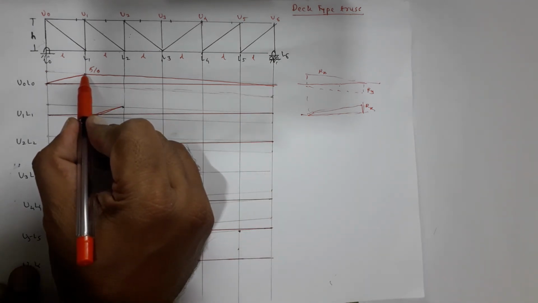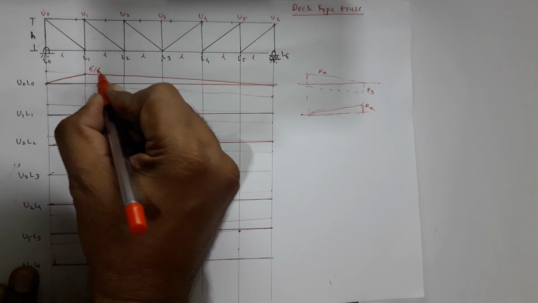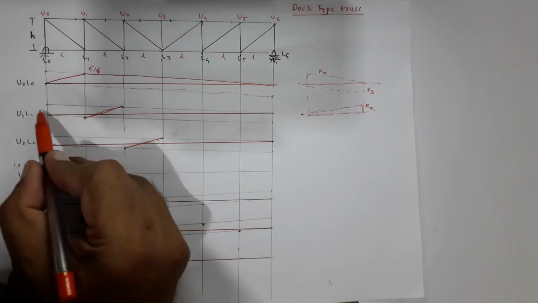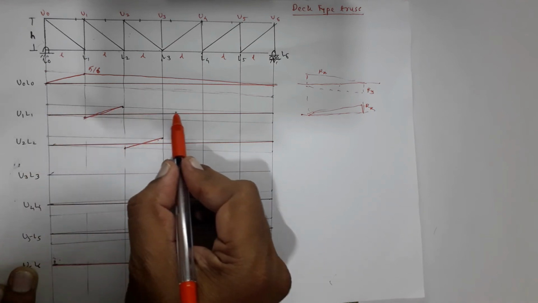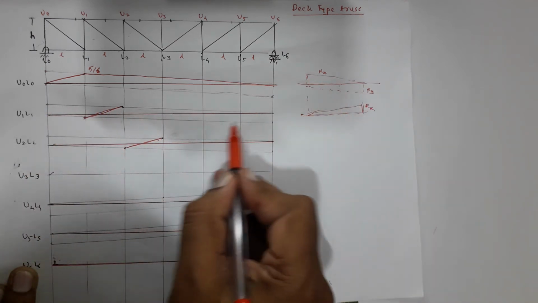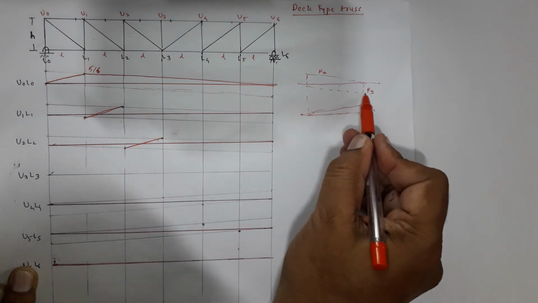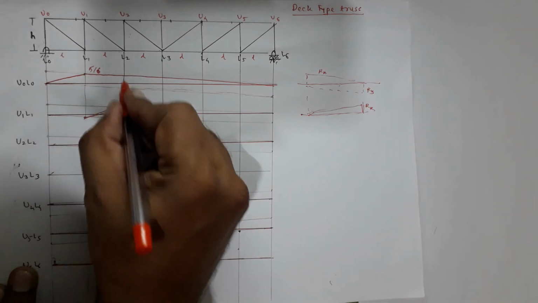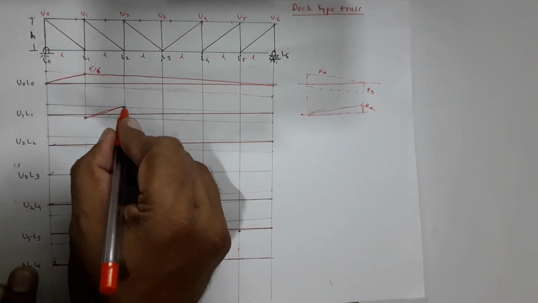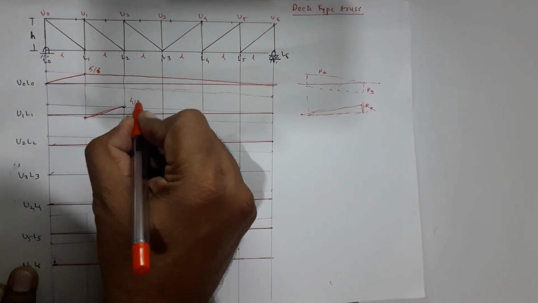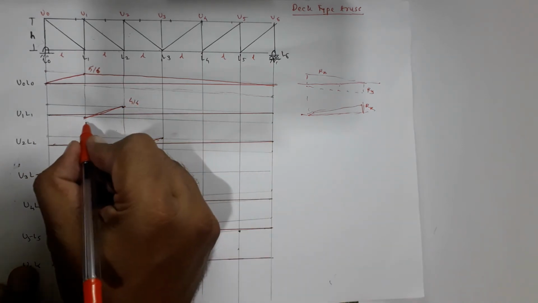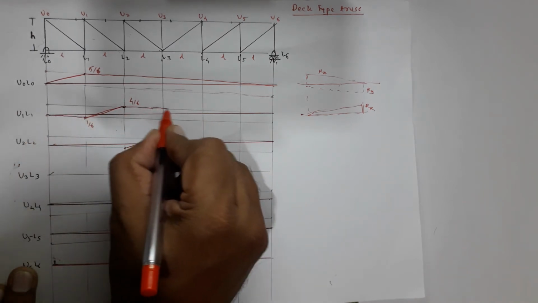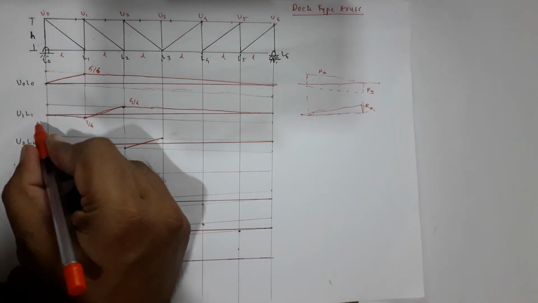So this ordinate is going to be 5 by 6, which you can see from the ILD for RA. Now again there are two inclined lines. This inclined line which is faint, you can see that it is for RA, and this line is for RB. And then I am getting these points: this point was 5 by 6 for ILD for RA, it is also for RA, 4 by 6. This is for ILD for RB and it is 1 by 6. So this will be the ILD for U1 L1.